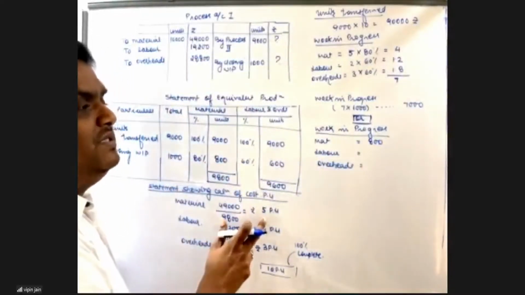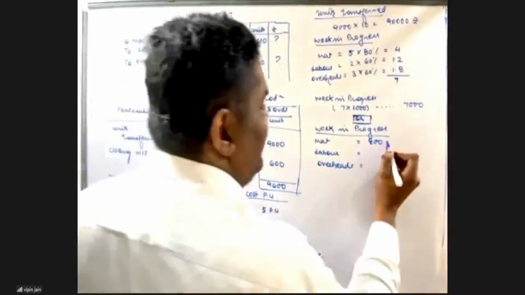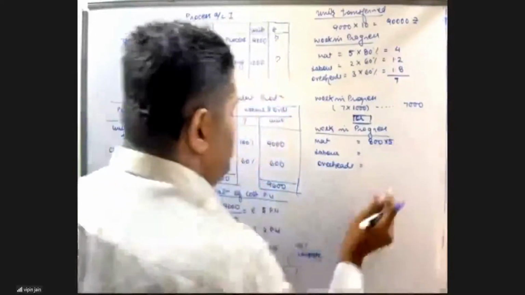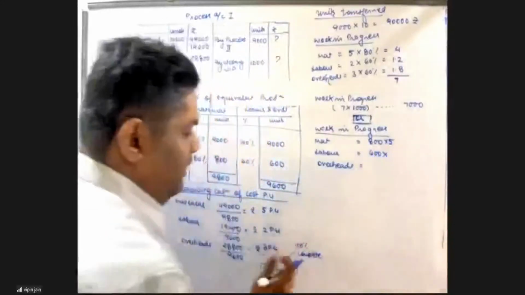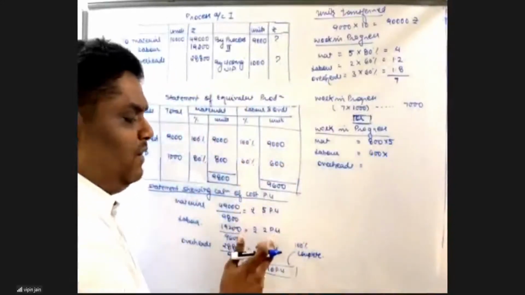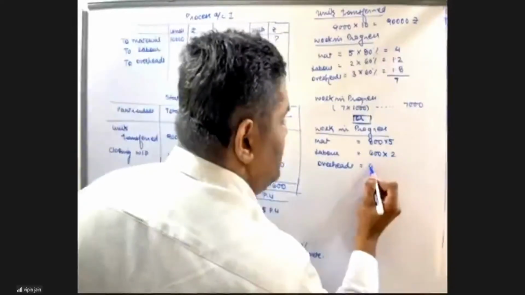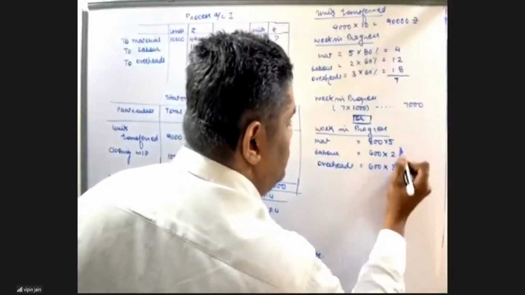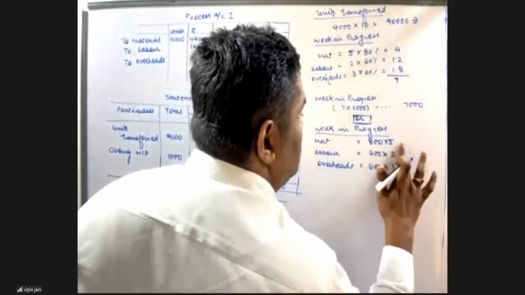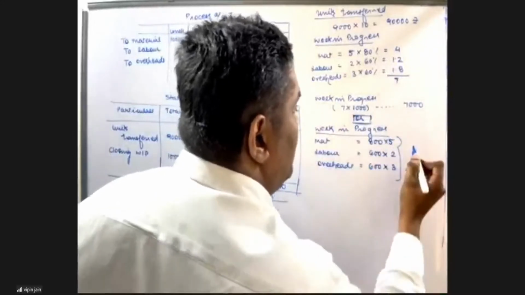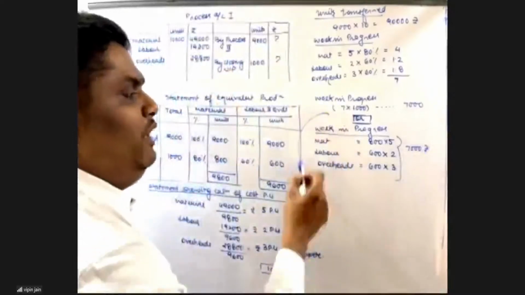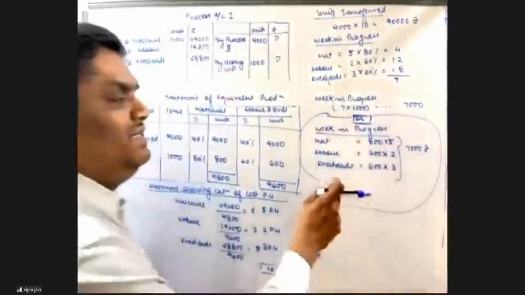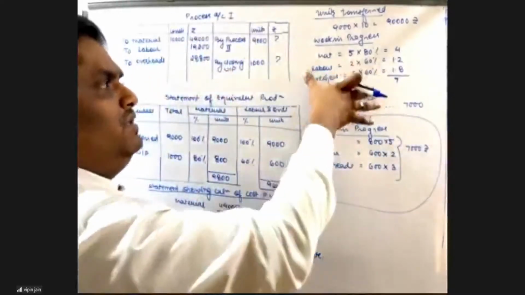And the cost of 100% completed units we have, that is 5. Similarly, the equivalent number of units in case of labor is 600. And they are 100% complete and the cost is rupees 2. Similarly, 600 into 3. So again, this cost will be equal to 7,000. From examination point of view and from the remaining question, I suggest you this approach because the other approach is